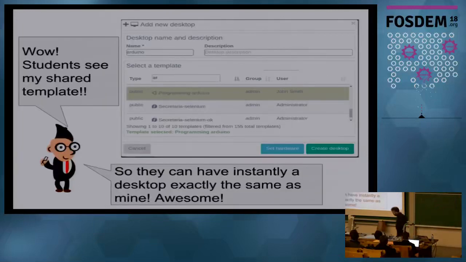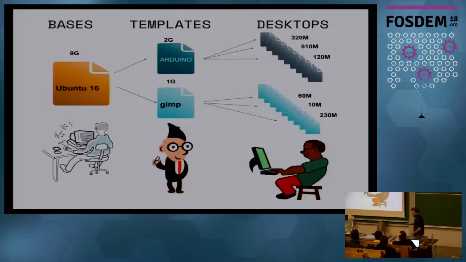When they go to class, they say to their students, okay, look for my template and create your desktop. And usually the students have the desktops. This is a really fast